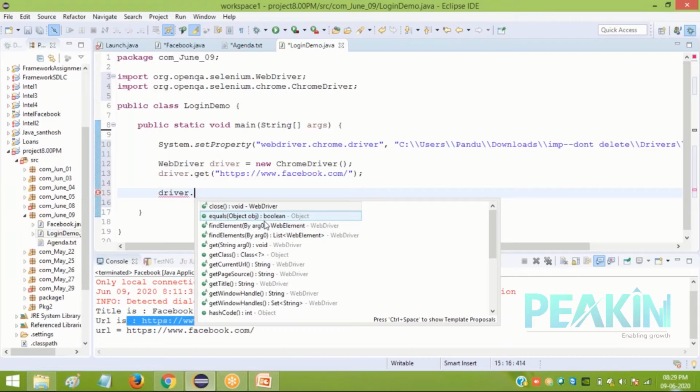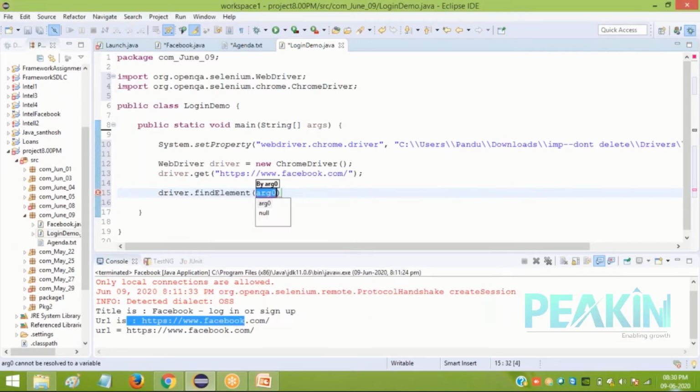There is an input for this method. Of what type? By. By is a class in WebDriver. Using the By class, By means how you're finding that web element, and the details you have to pass here. The output of this find element method is a web element, meaning after finding, it will give you a reference of that text box, a web element. So select this method, double click.